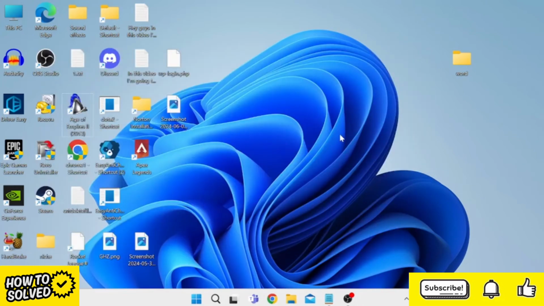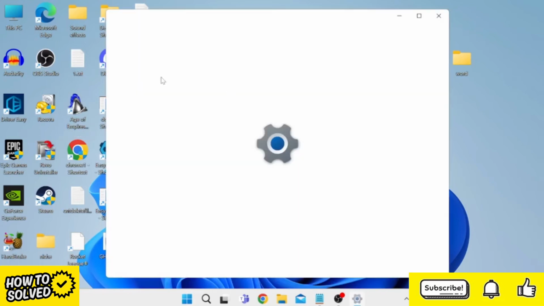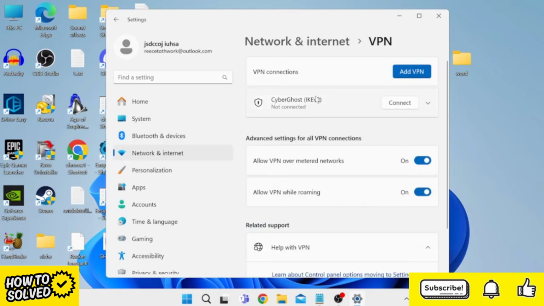Now, if that's still not working for you, the next thing you can do is come to the Start menu and search for Settings, and tap on the Settings icon, come inside of Network and Internet, inside of VPN, and you just need to make sure you're disconnected from any VPN you might be connected to, just by pressing this disconnect button. As you can see, I'm not currently connected to anything,